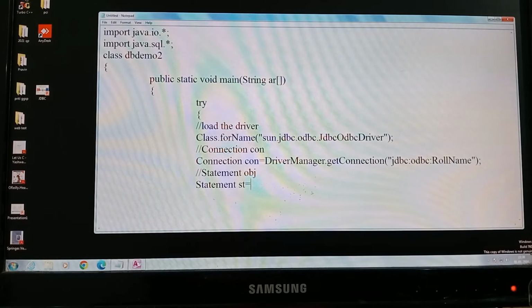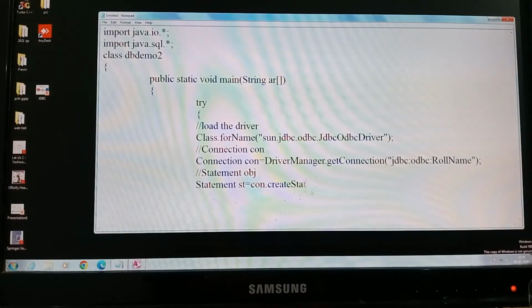We will get the object of the Statement class by a Connection class method, and that method is createStatement. So in the Connection class there is a method createStatement which will return you the object of the Statement class. These three are the statements that you have to write for every database program in Java. Now